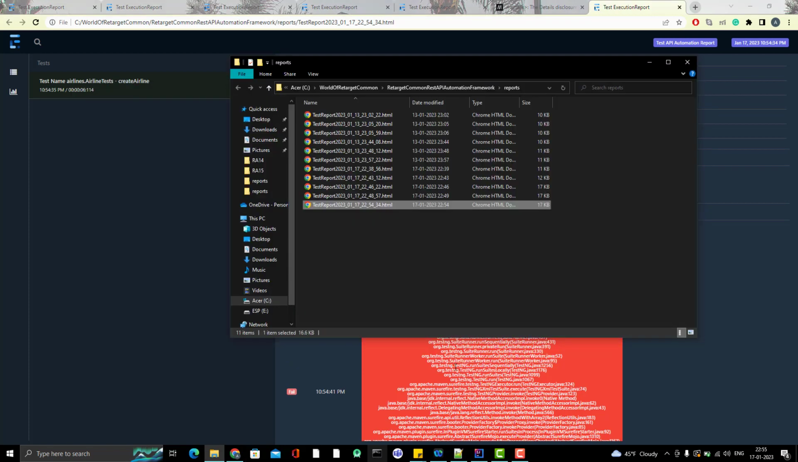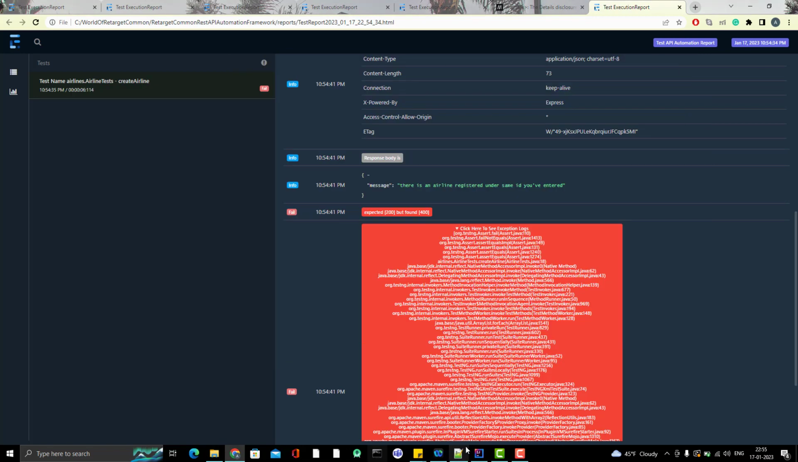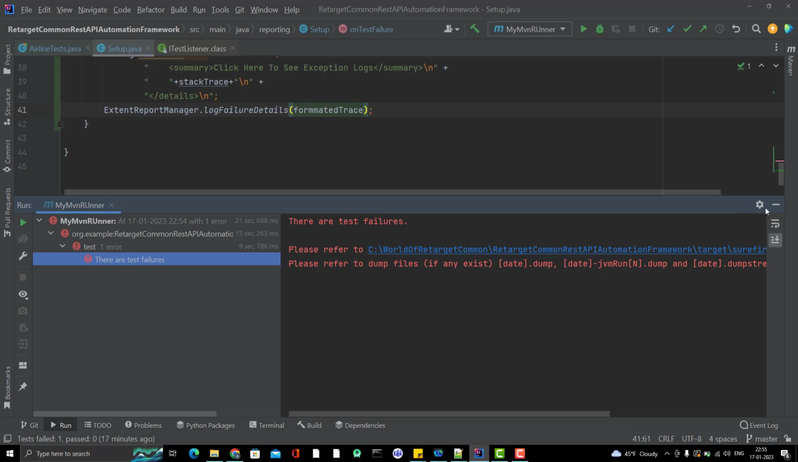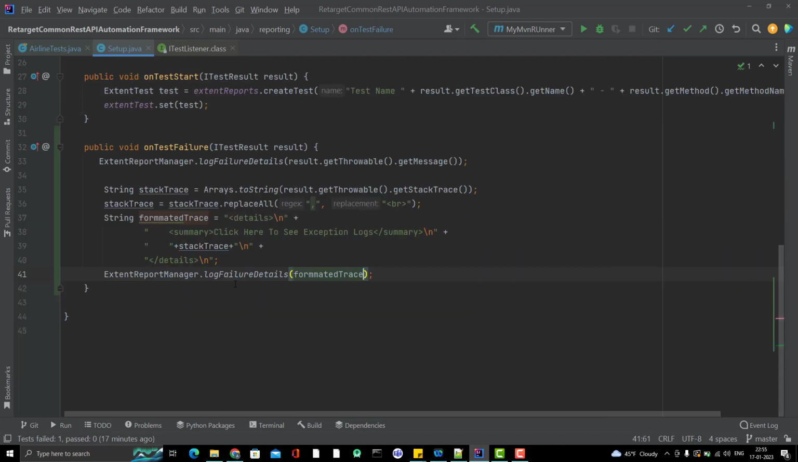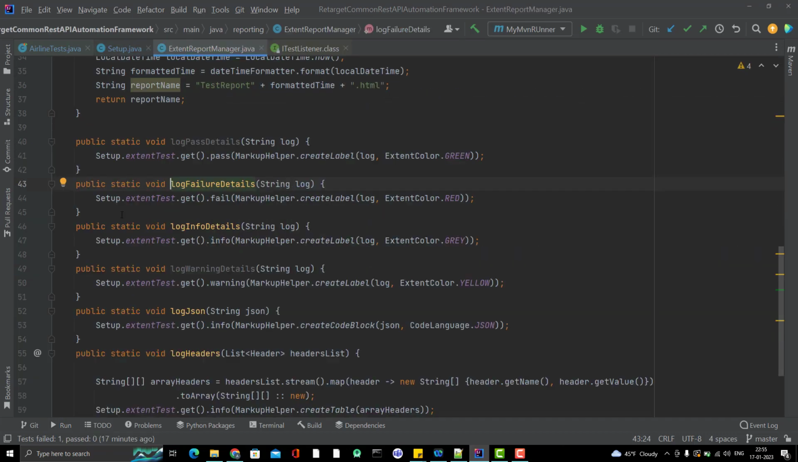And also I don't want this formatting. So why are we getting this formatting? Because we are using the custom logger, which puts some colors. So instead of using the log failure details with the color, I will simply go and duplicate this method,